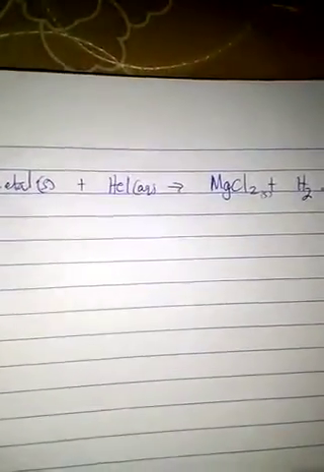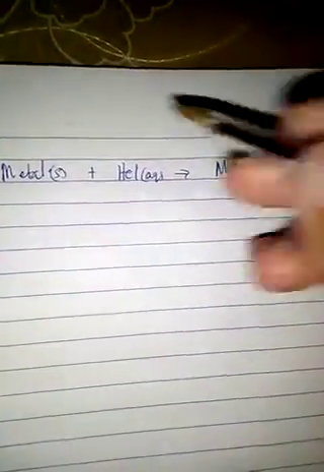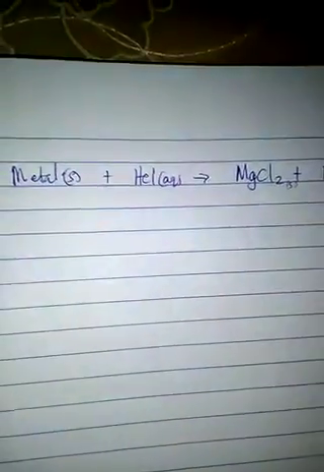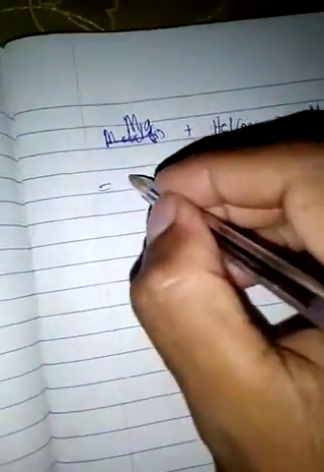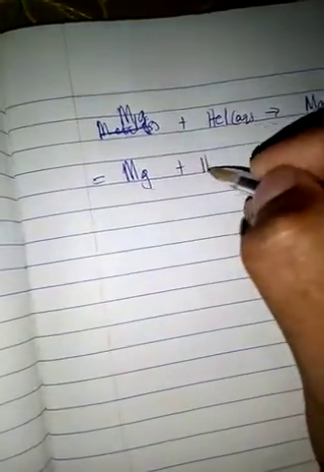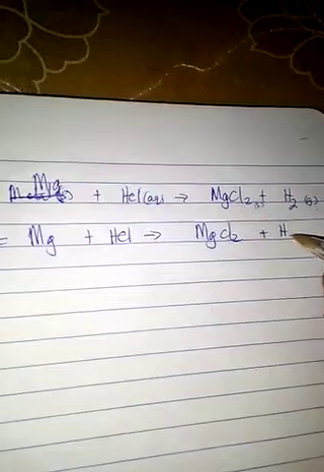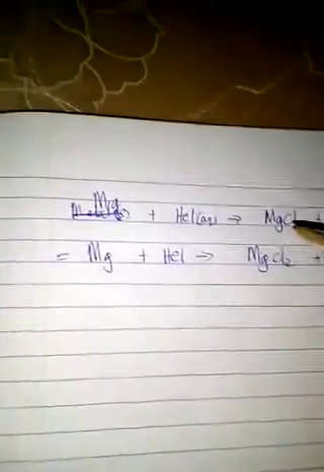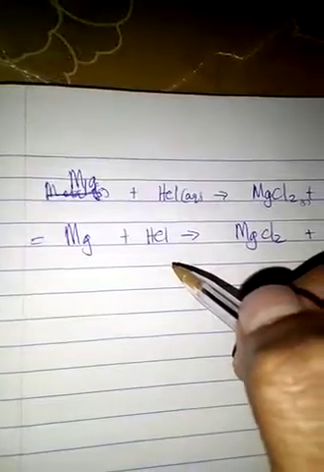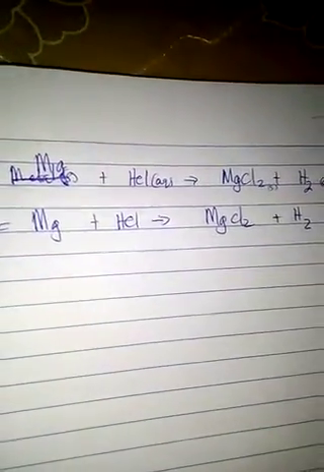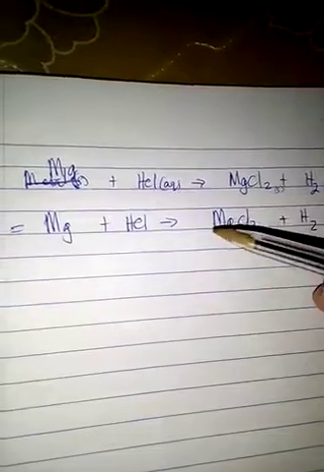Now, as I have said, let's say this metal, I'll rewrite again. This metal could be, let's say, magnesium. I rewrite the equation again. Let's say magnesium plus hydrochloric acid produces magnesium chloride and hydrogen gas. So when you try to balance the chemical equation, make sure you try to identify the